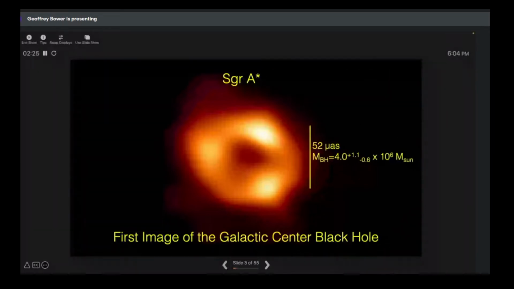And you can see the mass contained within that ring of light is 4 million solar masses, about 1,000 times less than what's contained within the light ring of M87. So in this talk, I'm going to tell you about how we obtained these images, why these are our two targets, what we've learned from these images, and where we hope to go in the future with the EHT